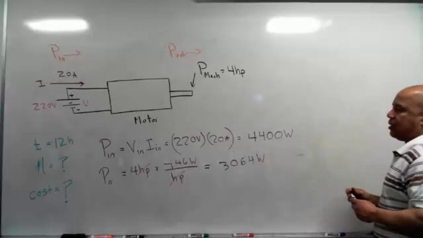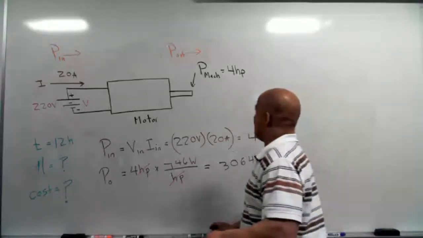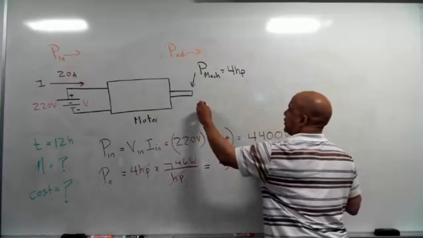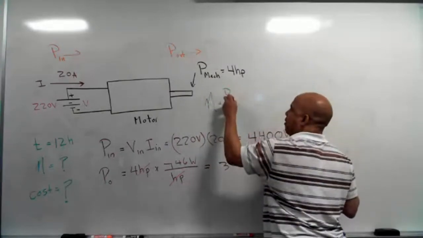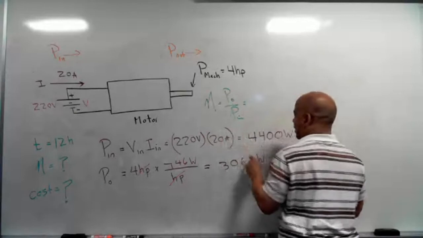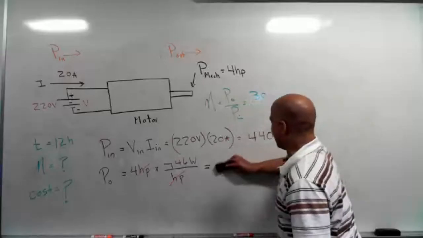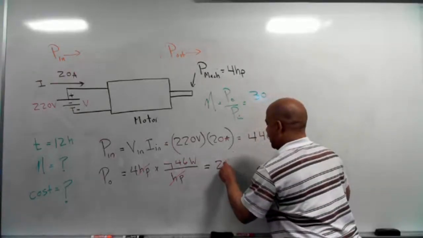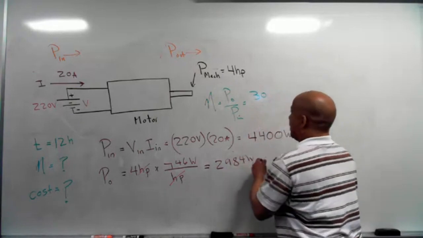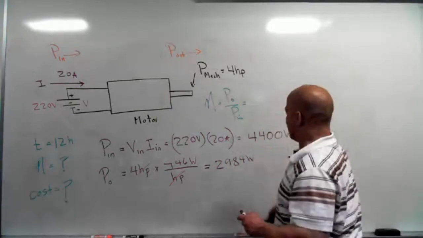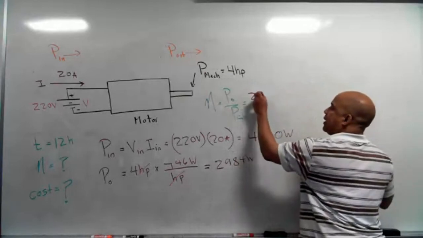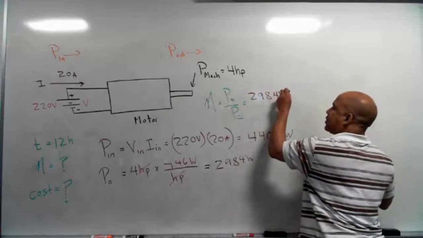All right. So with that, efficiency is simple. Then we can get that real quick. Efficiency is P out over P in. So I got it wrong. It's 2984. Yeah, I tried doing it by hand, and I guess I screwed up somewhere. All right. You said 2984? 2984 watts. Now notice that when I put in the 2984 watts divided by